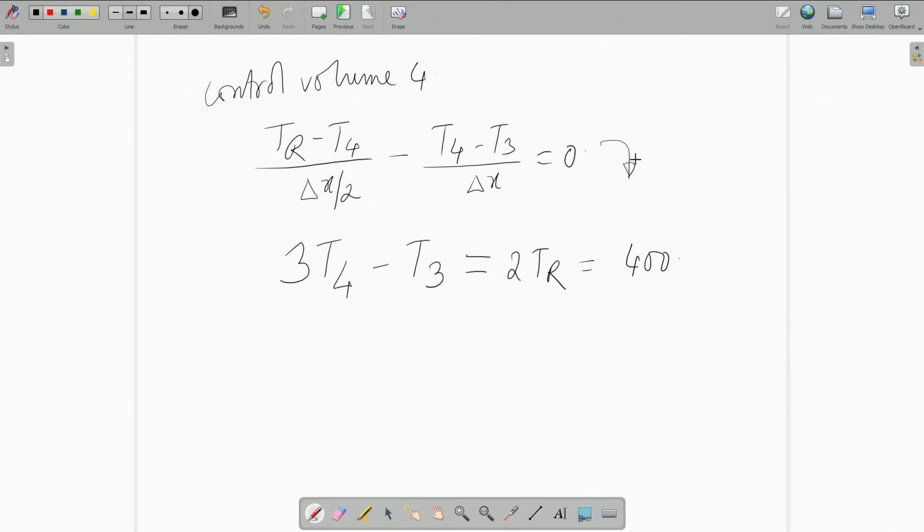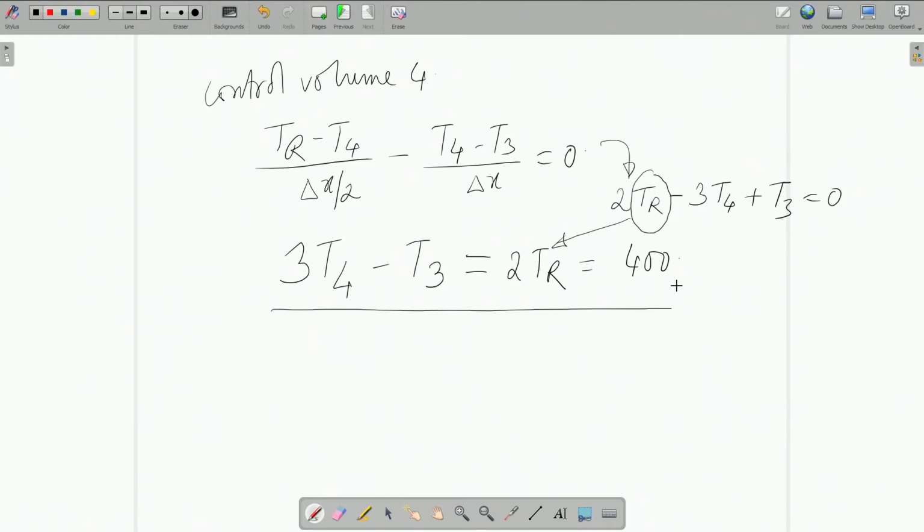There will be one step earlier over here, where you can write 2 T r minus 3 T 4 plus T 3 equal to 0, and then you realize that you know T r. So, you can take it to the other side and you have a numerical value, and therefore, you get a condition like this. So, you have two equations coming from control volume 1 and control volume 4,